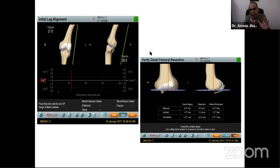We can draw our lines on the X-ray and find out, but we don't know exactly how much the flexion deformity is. And even the valgus deformity, we tend to underestimate. That's one important point. Second point is